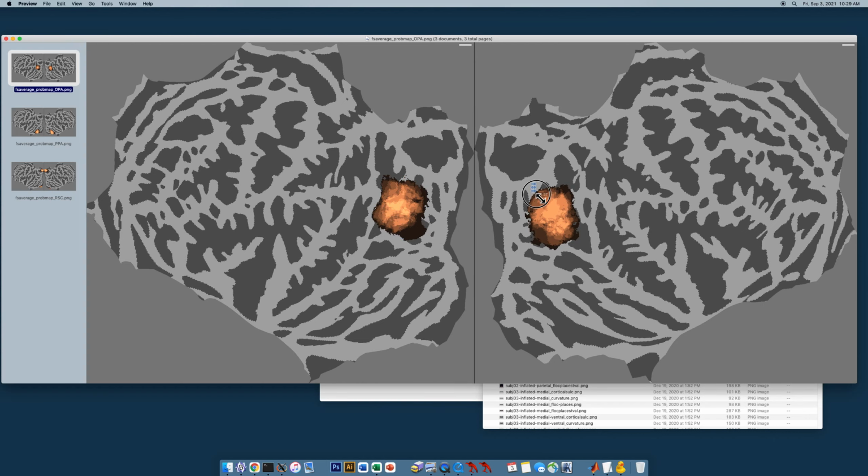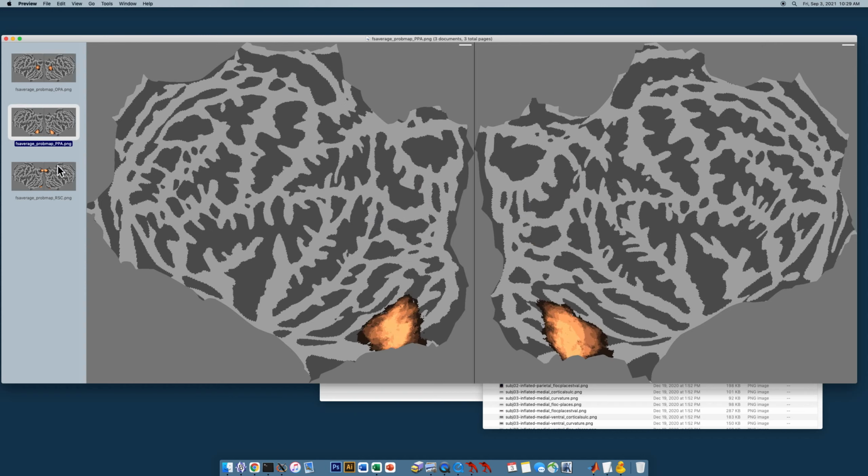So you can see that there's some consistency in where this lands in FS average space, but obviously some inconsistency given that some of these regions only have a fraction, maybe 1 or 2 of the 8 subjects labeled. And so that's how it looks for OPA, this is how it looks for PPA, and this is how it